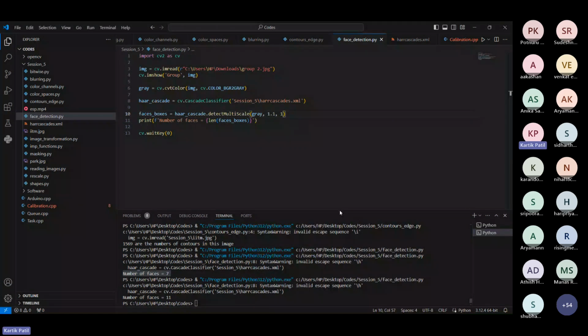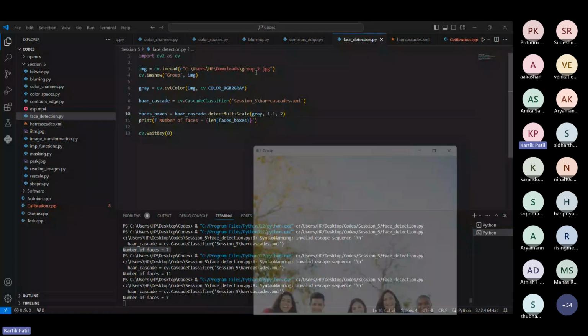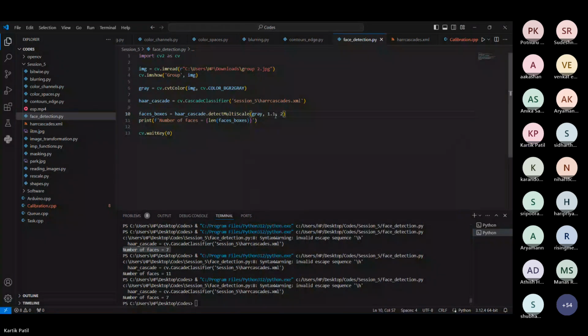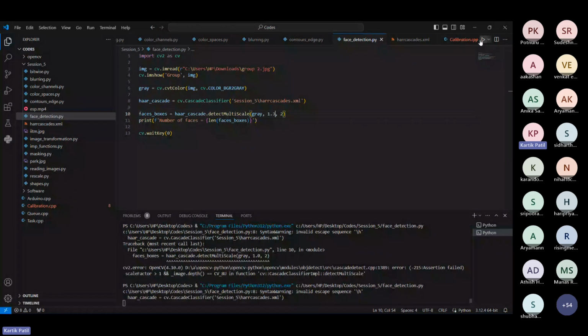To get this correct, keep changing the hyperparameters till you get 5. Okay, you can't put 0. Put this as 3. Number of faces 7. Okay, let's see what faces they are detecting. So copy this, what I'm writing: x, y, w, h